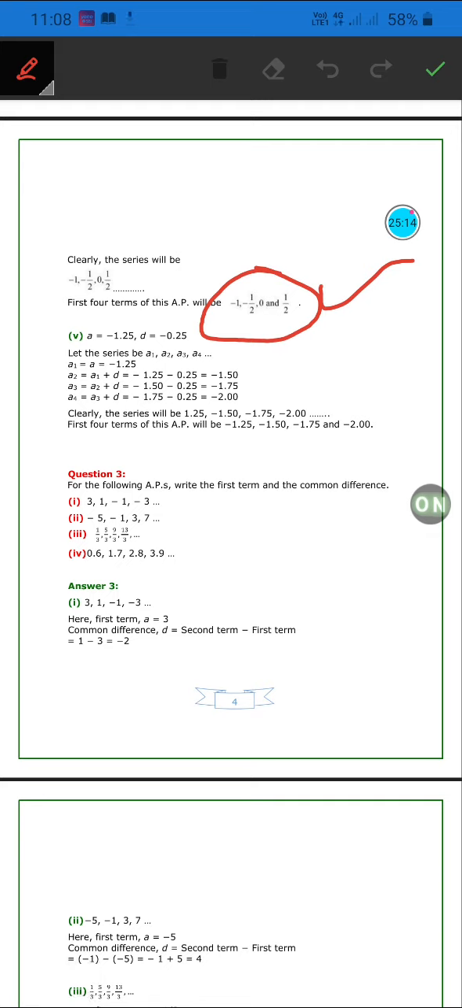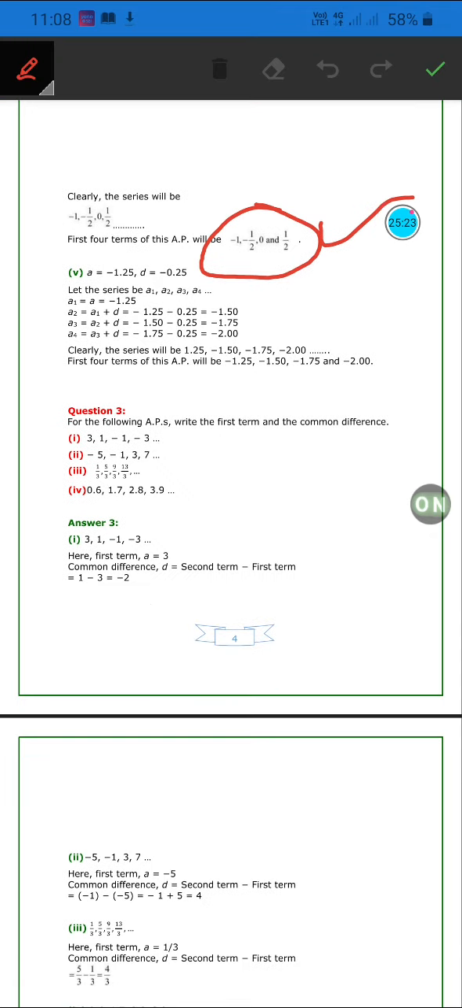A equal to minus 1.25, D equal to minus 0.25. So A1 is minus 1.25. How do you get A2? A1 plus D. A1 is minus 1.25, D is minus 0.25. So minus 1.25 minus 0.25, what becomes? Minus